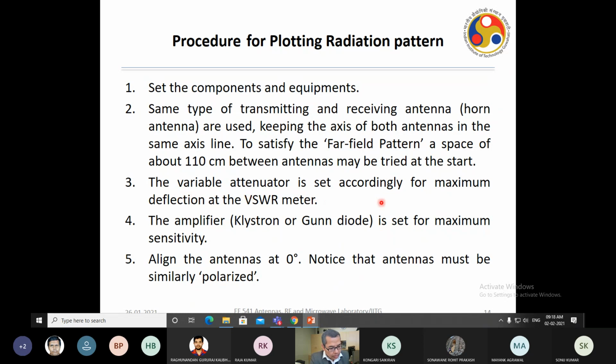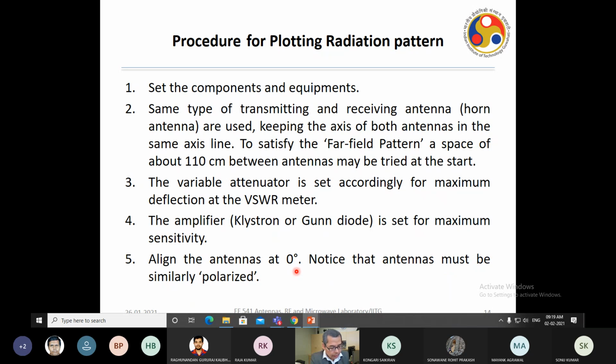So then you also set the variable attenuator to maximum deflection at the VSWR meter, and the amplifier is also set for maximum sensitivity. You can use either a klystron as a source or a Gunn diode as a source. Gunn diode is also another source for the microwave frequency region. You align the antennas at 0 degree. They should be aligned properly, and you make sure that they are working in the same plane, E plane,